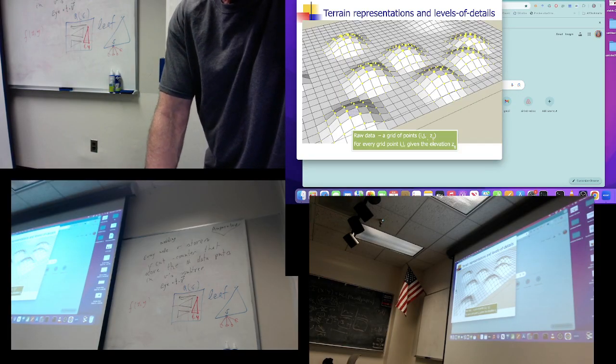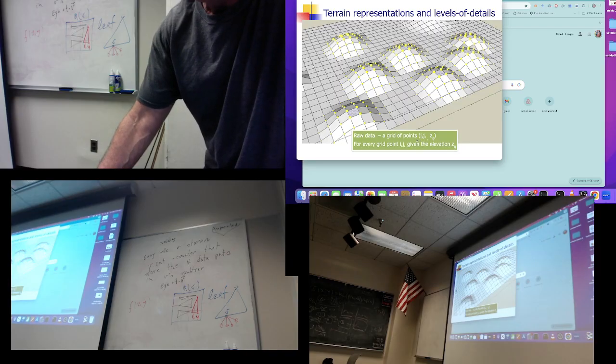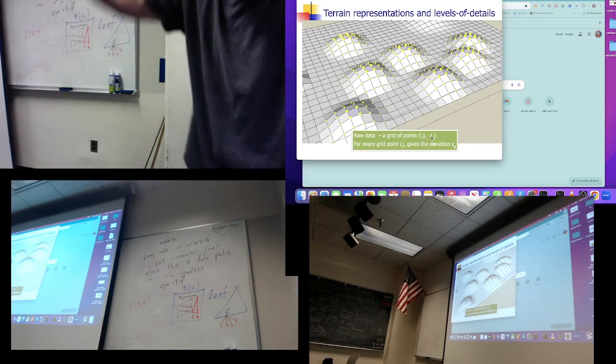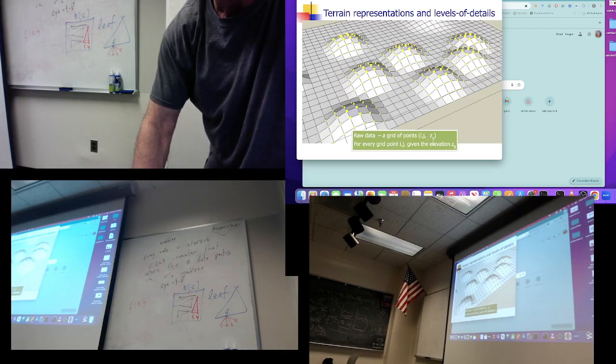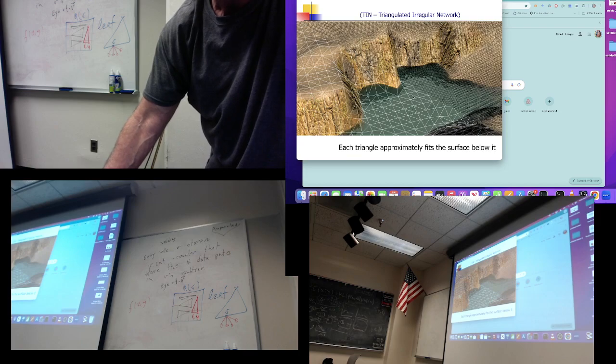That would be sampling the face of the Earth. And usually it will be sampled by giving you a grid, a DEM, digital elevation model. I'll have point i, j, and z_ij, how high you are above the sea level. And now you want to store it as a terrain,